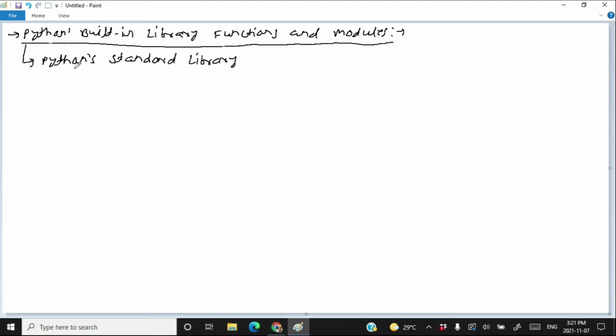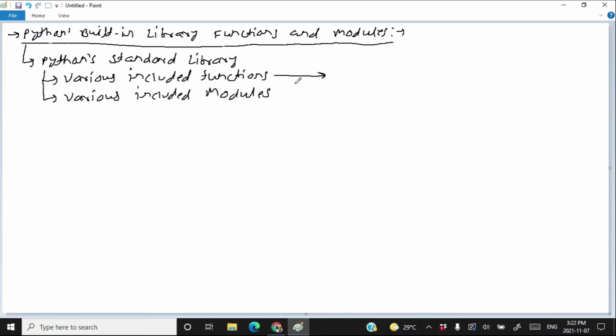In Python's standard library, various functions and various modules are included. If you talk about the included functions, then you do not need to import any module in order to use these functions.